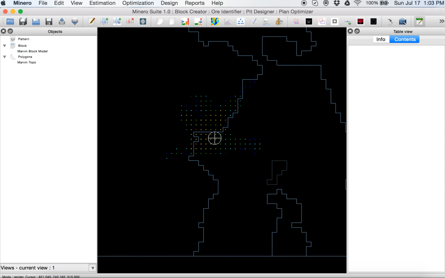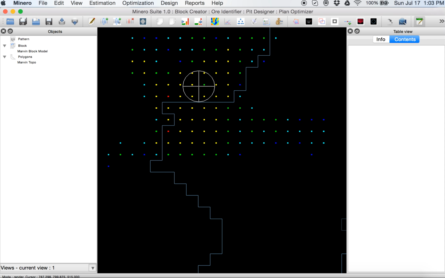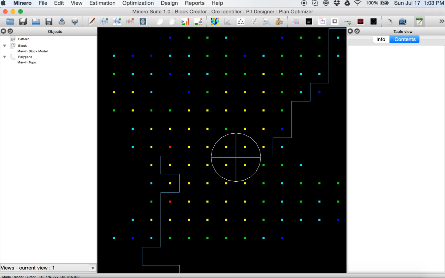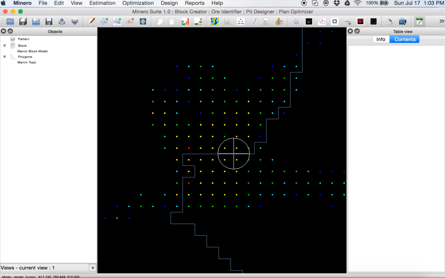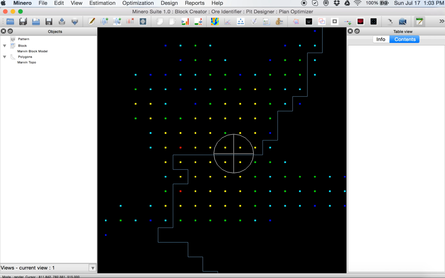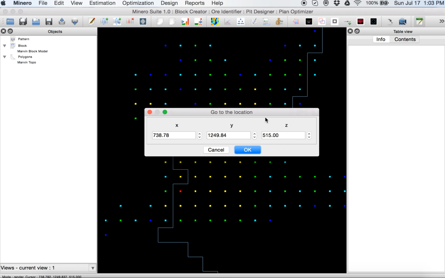Hold the middle button to pan. We are in bench 515. We can always jump to a different bench.